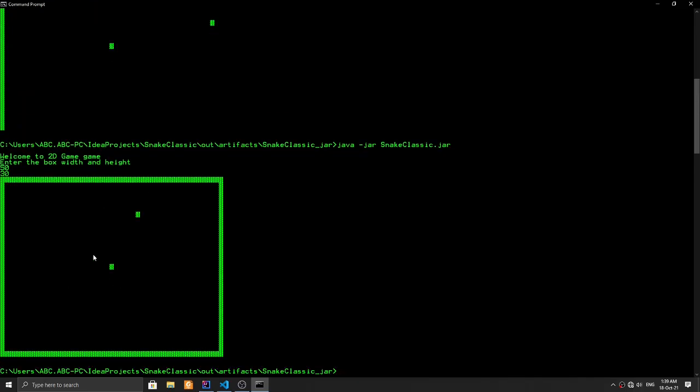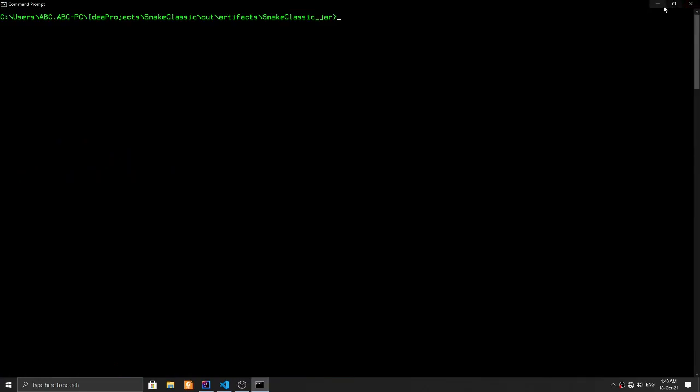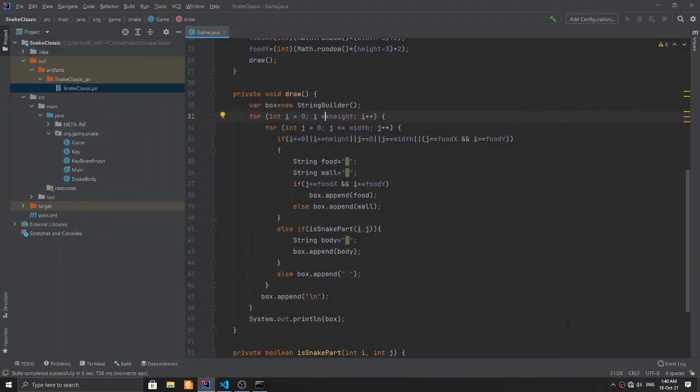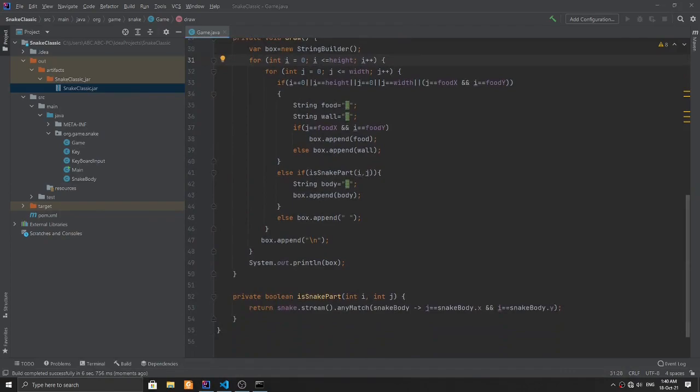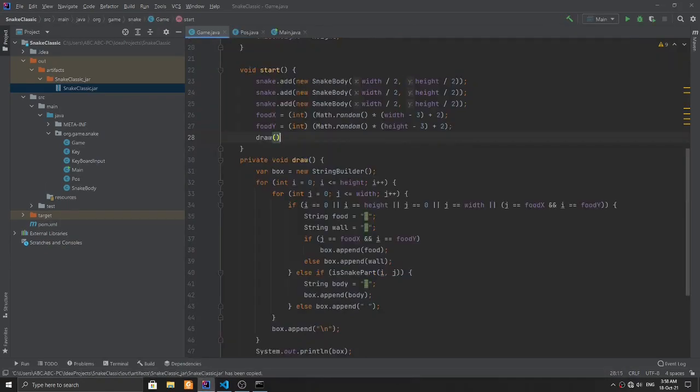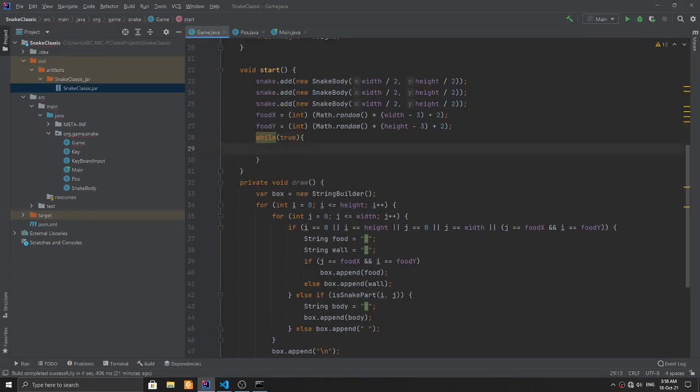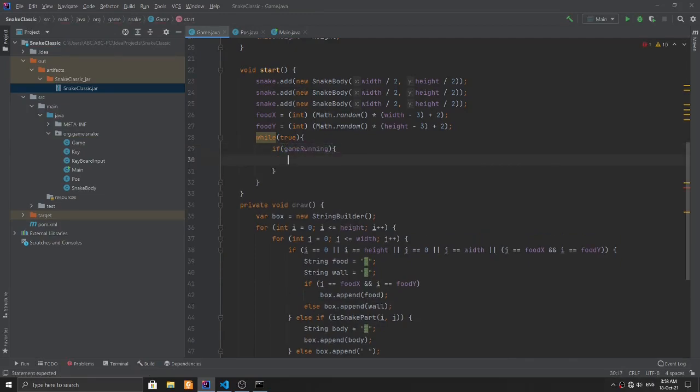Perfect, that's really cool. So now as you can see, we are able to draw a box, a food and a snake. But now the next thing is that we want it to actually move. So for moving the snake, we're going to create a while loop, and it's just going to be an infinite while loop because we want the game to continue until the user exits. And we're checking if the game is running, then